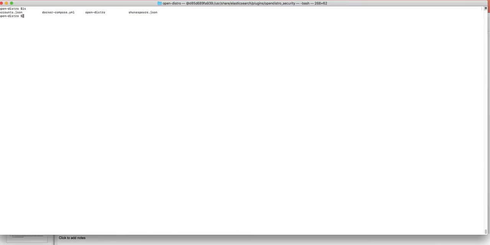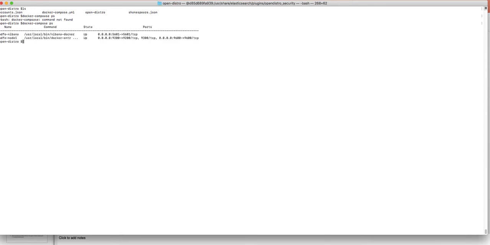So we have account JSON here, and we have Shakespeare JSON here. We have to come to the particular directory where you are keeping these JSON files, and then we can execute the curl command to post the index.